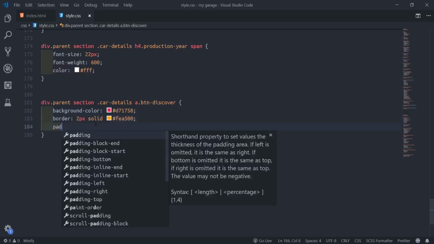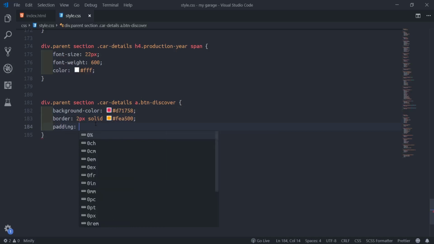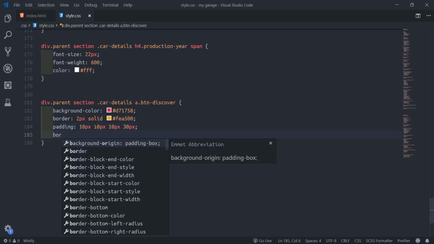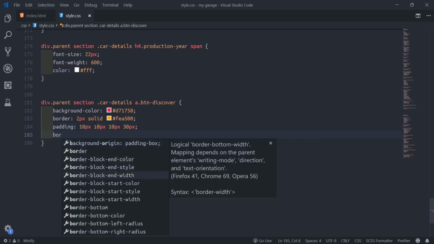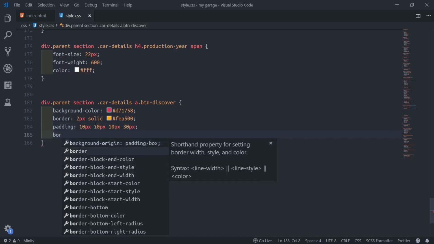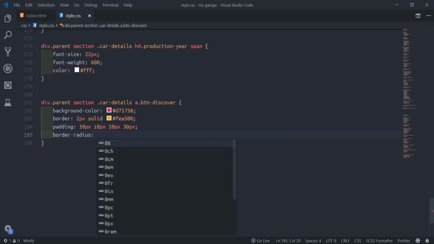Then padding: 10 pixel for the top right, bottom left 30 pixel. Then border radius will be like 30 pixel first.